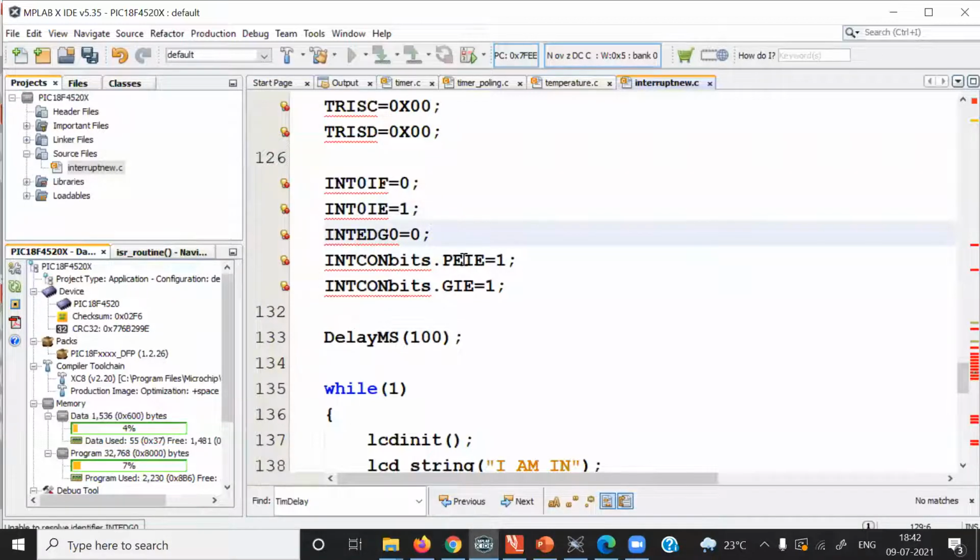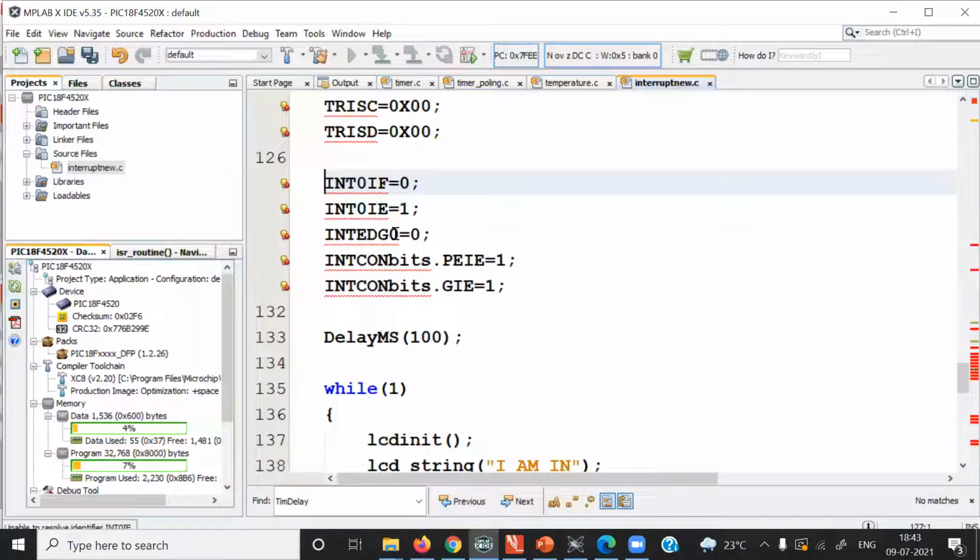If you keep this PIE bit at 0 or 1, our interrupt will be triggered because the external hardware interrupt does not fall under the category of peripheral interrupt. The GIE bit must be set to 1 to enable interrupt sources. So this is the global interrupt enable bit. Here I have used the bit addressable instruction in 2 different modes. Like I use only the field name in the SFR, INT0IF. You can also put this instruction like this. Both ways will work correctly. So we can also write INTCONbits.INT0IF equal to 0. And even if you do not write this here, still it will work.